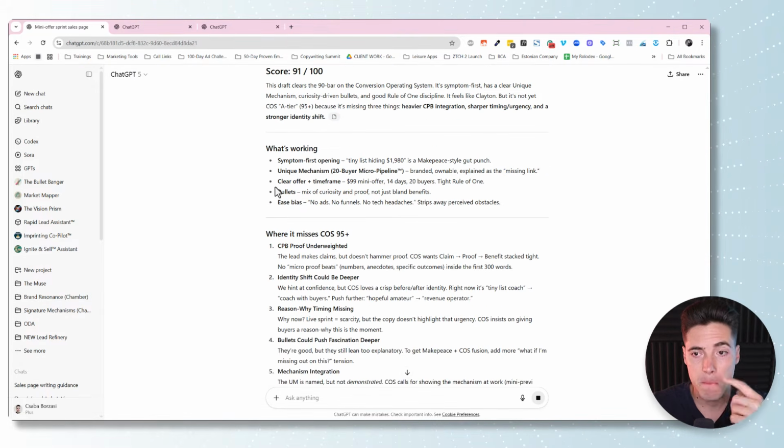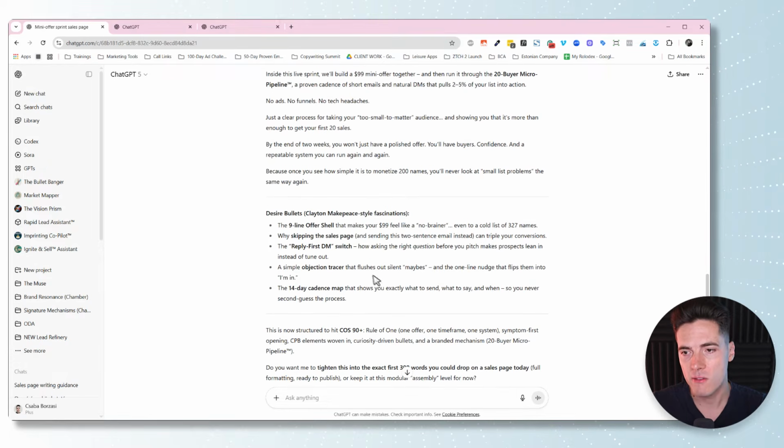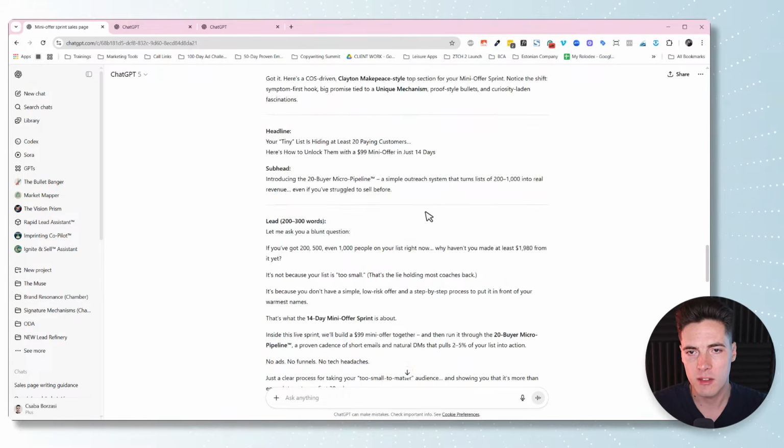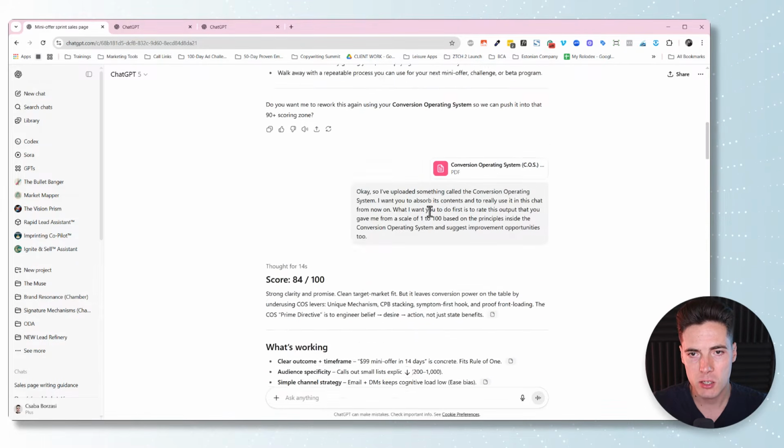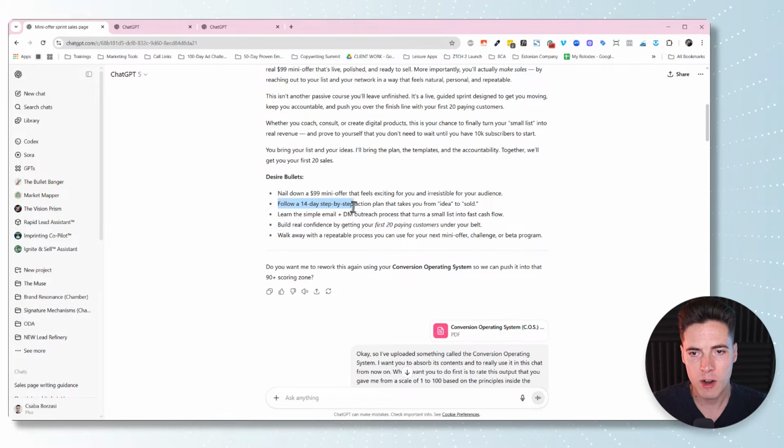So you see, it's telling me a few things already, and even without prompting it, it automatically realized that this needs a unique mechanism because this concept is so ingrained into the conversion operating system master guide. And, oh, by the way, I haven't even checked out the bullets, but this is way better. Like the 9-line offer shell that makes your $99 feel like a no-brainer, even to a cold list of 327 names. It's much, much, much better than follow a 14-day step-by-step action plan that takes you from idea to sold,